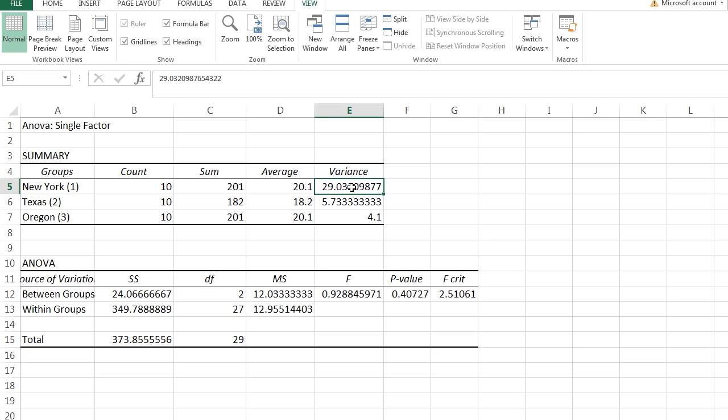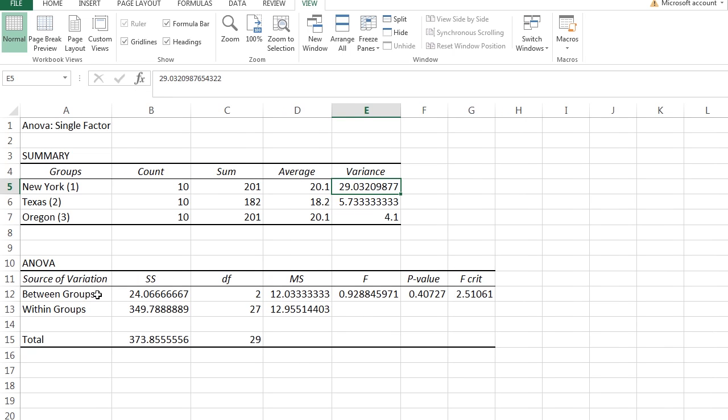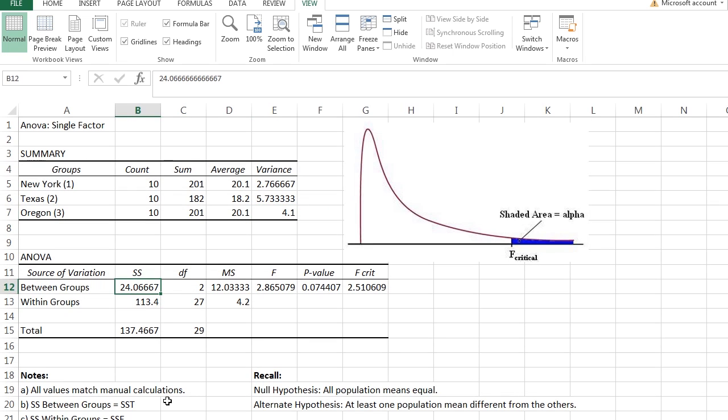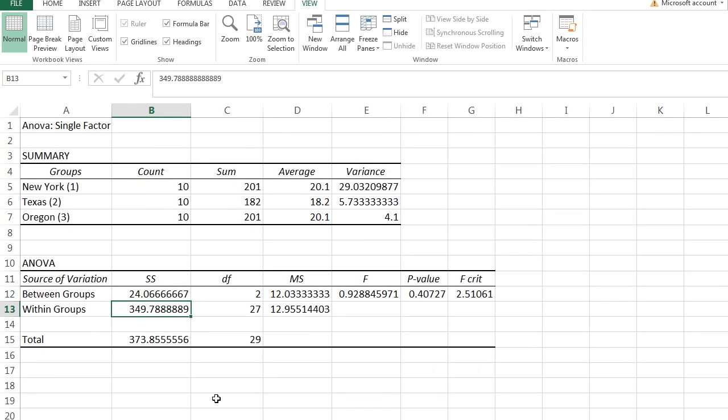So what's that going to do? When we go down here in Anova, notice the sum of squares between groups. That's comparing how the sample means are differing from the grand mean. That's 24.06. Originally it was also 24.06. It makes sense because we didn't change any of the sample means. But notice that within groups, this is the sum of squares of errors. That is a measure of dispersion of the data, how spread apart the data is inside each sample set. Originally it was 113, but now it's much higher. It's 349. The degrees of freedom stay the same. MST is just this divided by a number. MSE is just this divided by